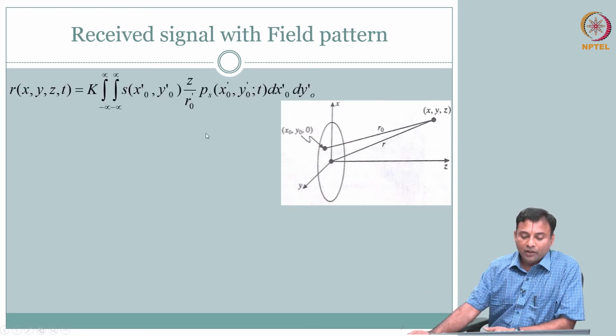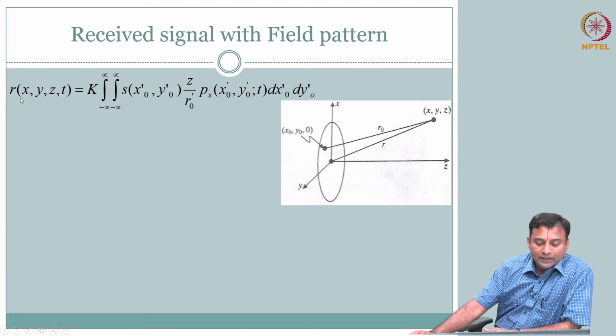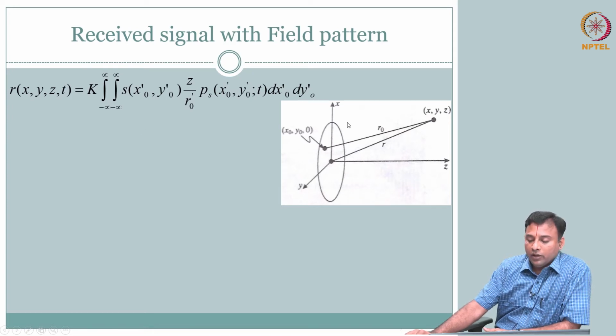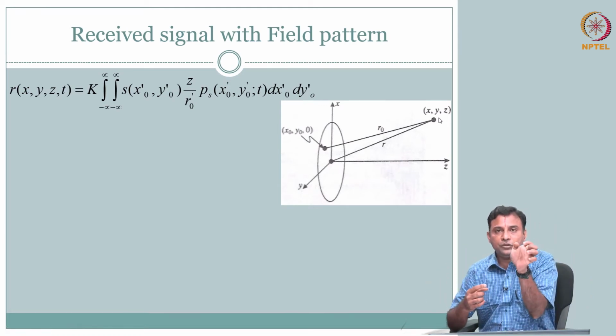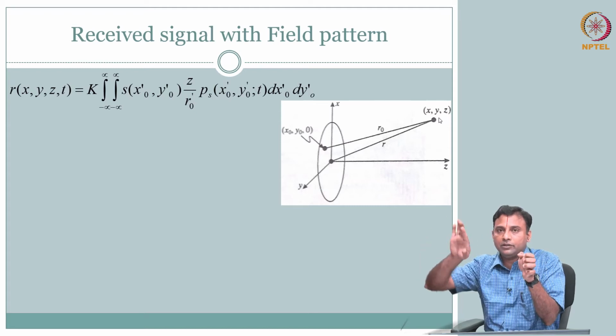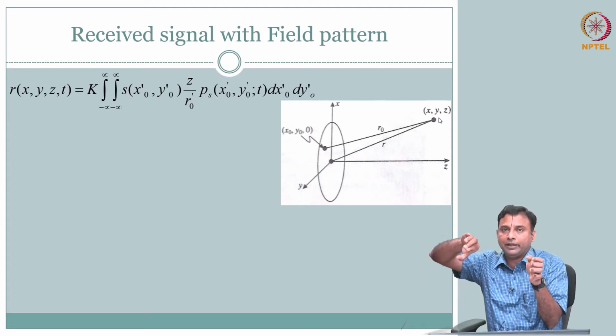And therefore, what we can try to do is write your received signal. So now see what we are writing. This is our received signal x, y, z of t, correct, is whatever is falling on the plate, dx naught, dy naught is your surface here. So, everything that is falling on this, when it is reflecting, what is happening? A spherical wave comes. So this is my transducer face, and this is my spherical wave, for example.